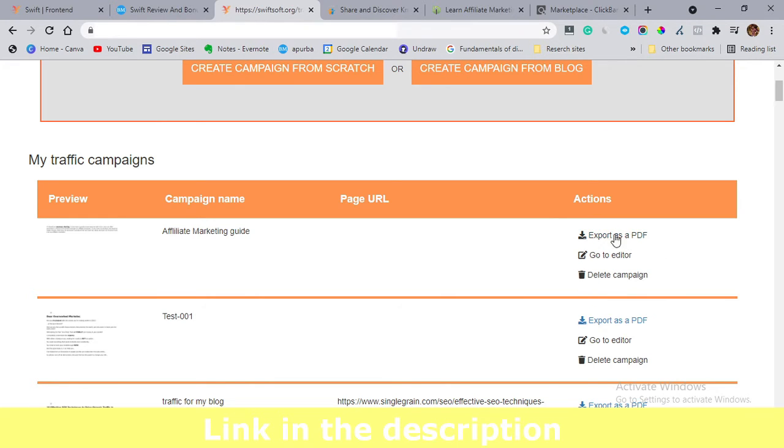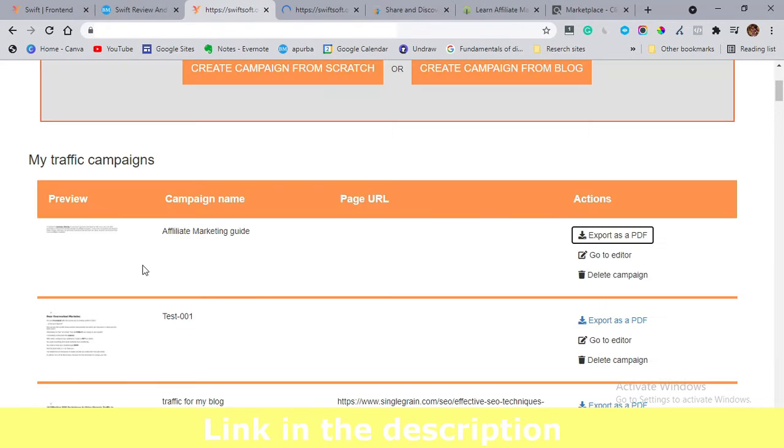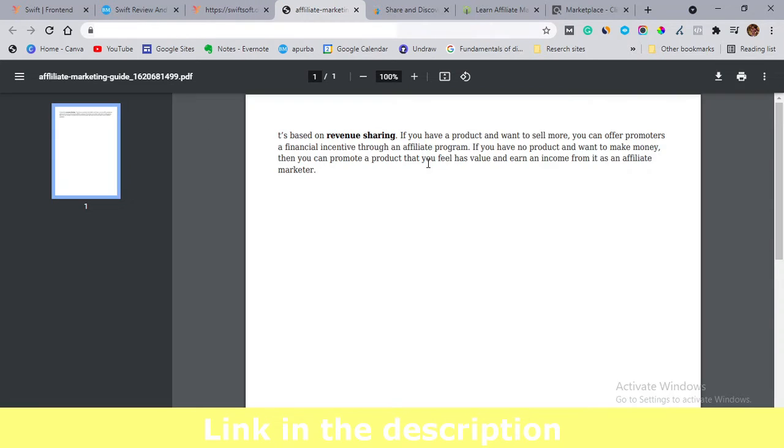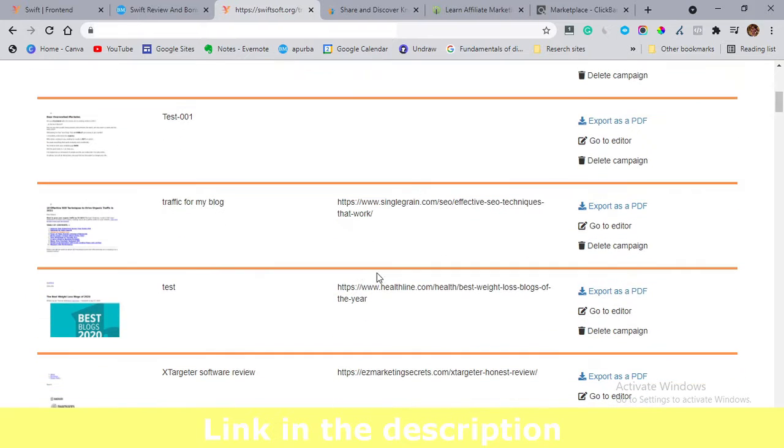You can delete the campaigns. So let's suppose I just export it as a PDF. Someone made it, I didn't make it here. So I just export it, and I'll show you how this PDF will show. As you can see here, very simple. Okay, so I'll show you some big